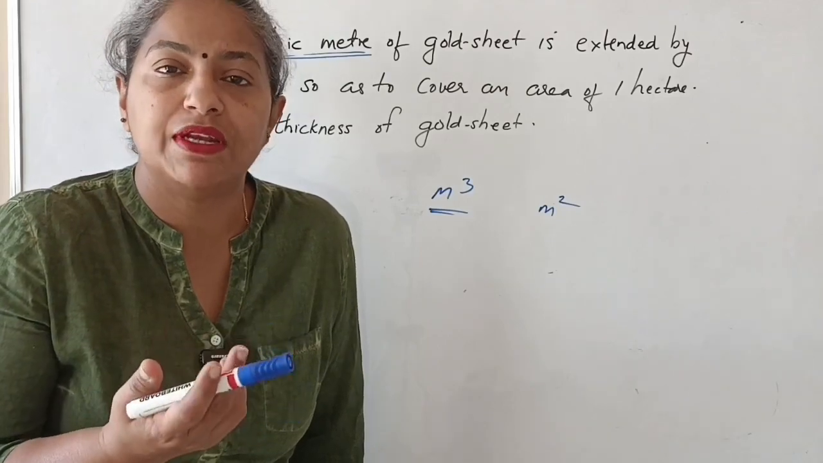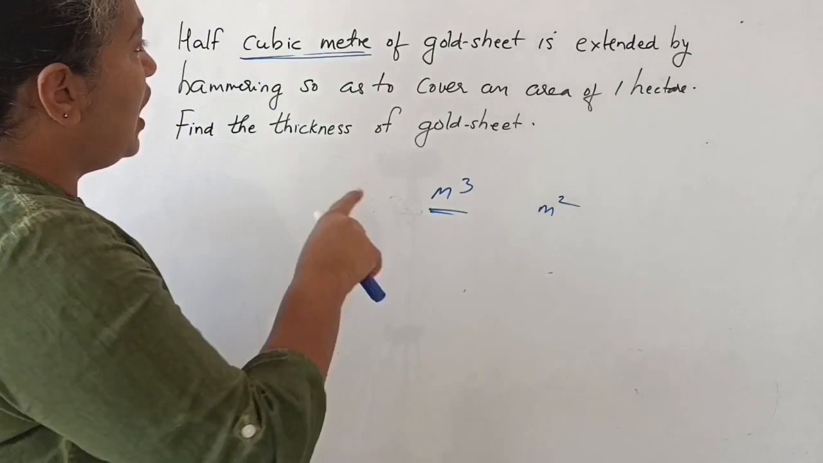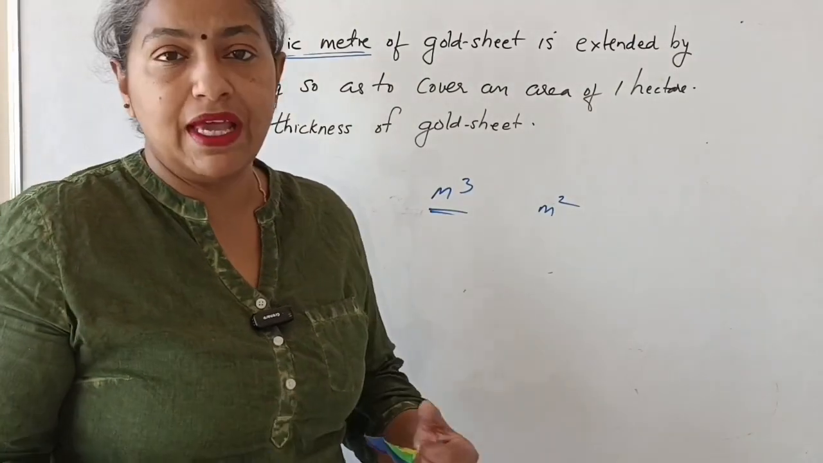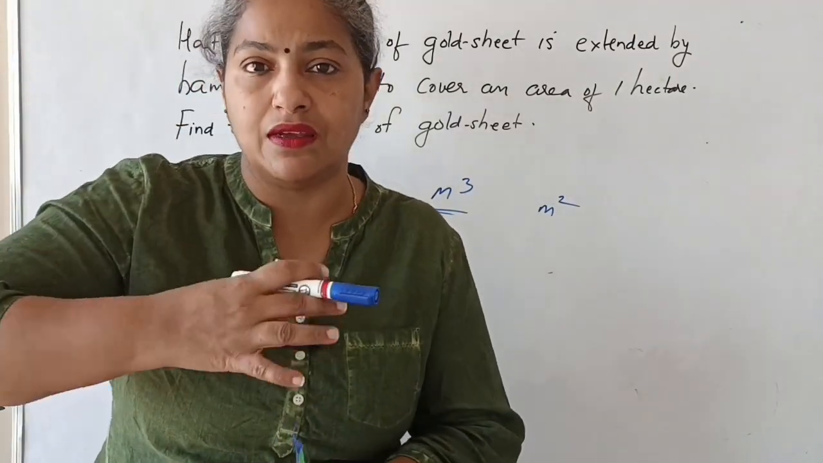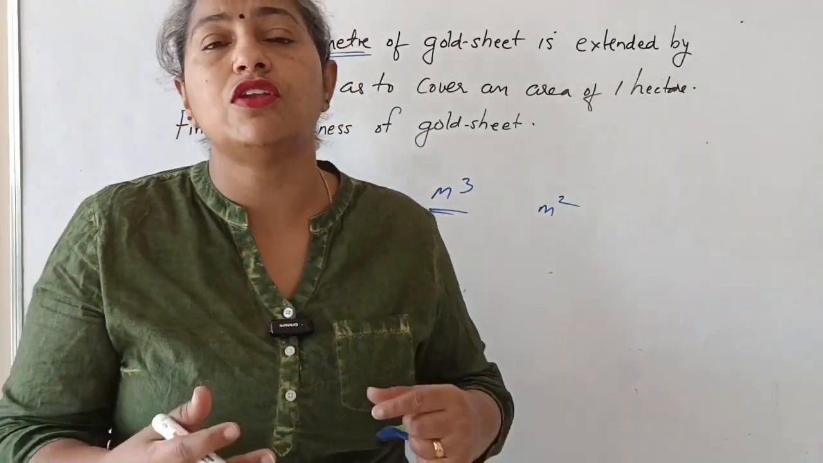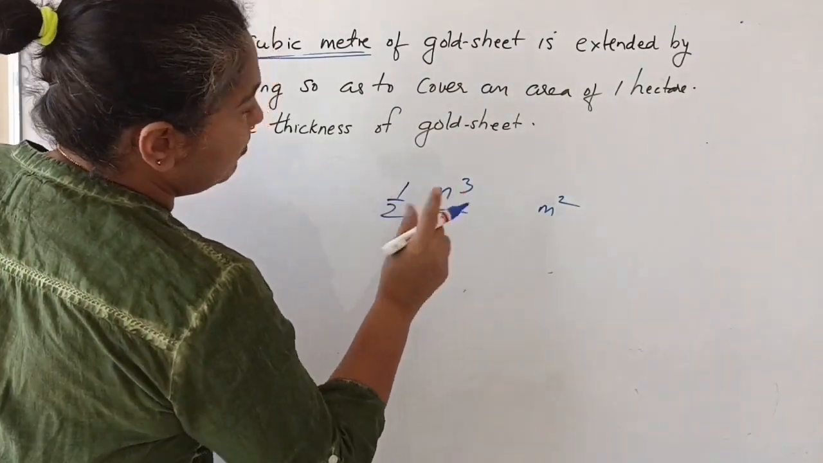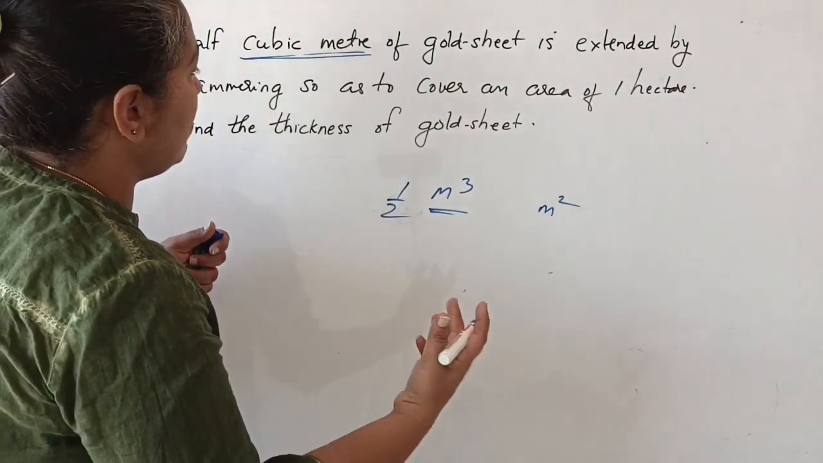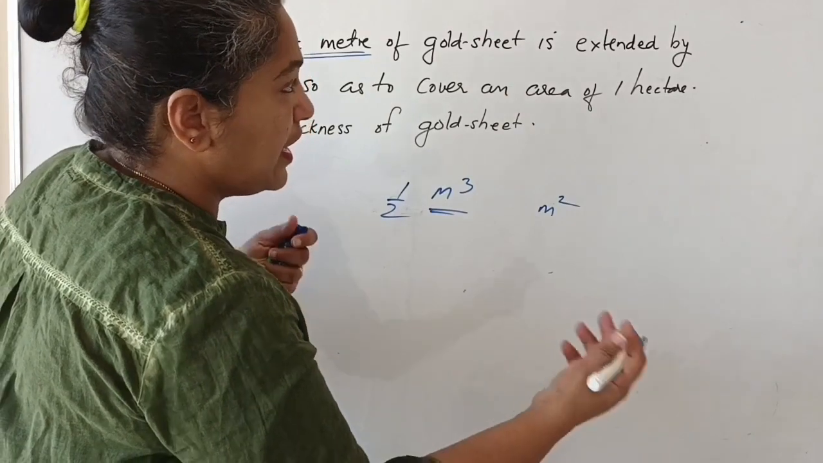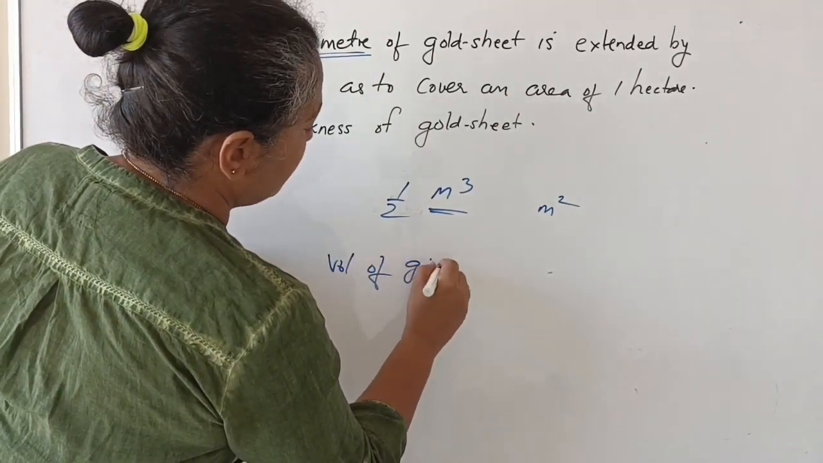If it is square meter or meter square, we know the area specification is given to us. Here we know that half cubic meter of gold sheet is extended by hammering. So when we keep on hammering a sheet of metal or something, it will get extended. Okay, so here the gold sheet is also extended by hammering. So we have got half meter cube of gold sheet extended by hammering so as to cover an area of 1 hectare. So volume of gold sheet